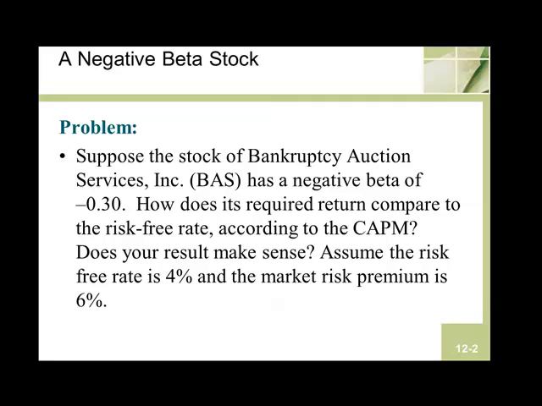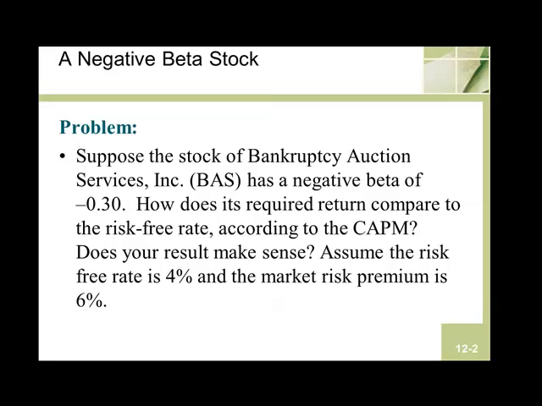We'll look at how this stock's required return compares to the risk-free rate, assuming that the risk-free rate is 4% and the market risk premium, R sub M, the return on the market, minus the risk-free rate, is 6%. So R sub M minus R sub F is 6%. Because the expected return on the market is higher than the risk-free rate, in other words, we've got a positive market risk premium, that implies that the expected return of Bankruptcy Auction Services is going to be below the risk-free